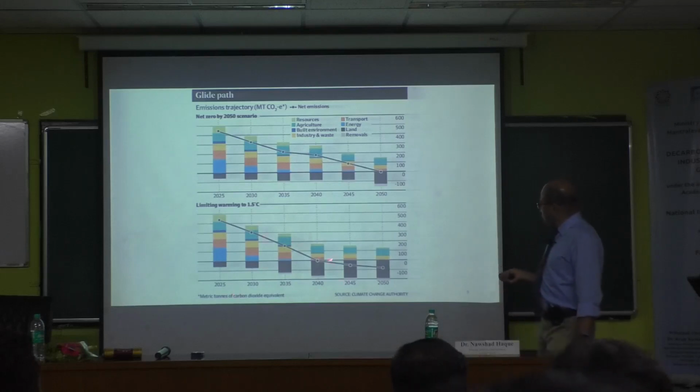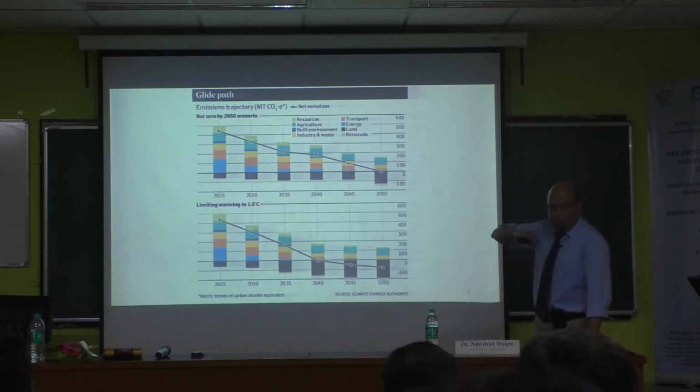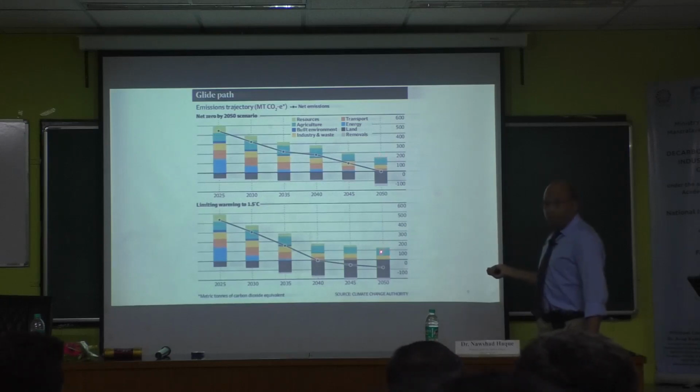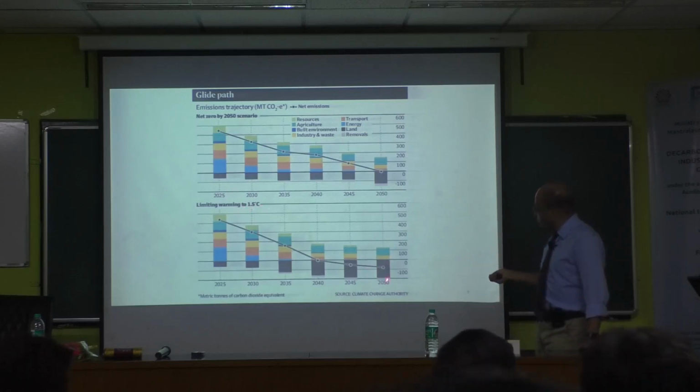And I'm not sure about this one. This is limiting warming. That's one, net zero by 2050. This one, if we want to limit warming to not more than 1.5 degrees, if you want to keep it like that, maybe you can look at that. So that one is probably 150, something like that, isn't it? 150 million ton. This one you have to have a drastic emission reduction. So that is just the net zero by 2050 scenario, and if we want to limit to 1.5, we have to be more aggressive. It looks like industry weight is still there.